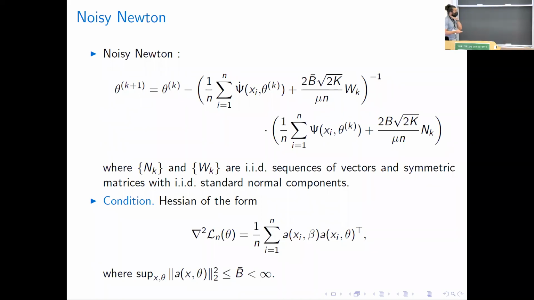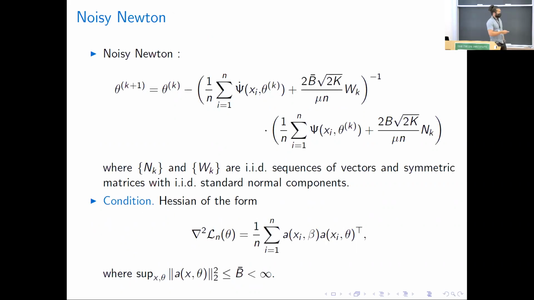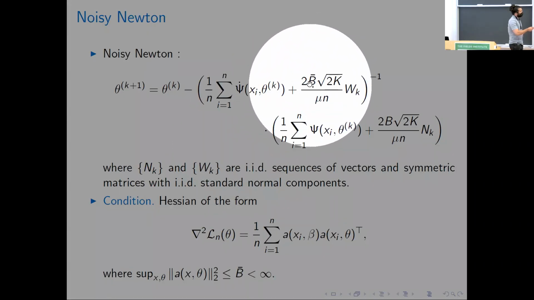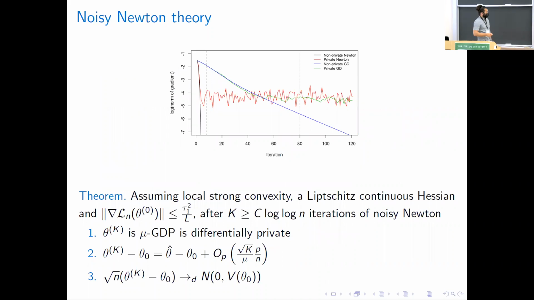Okay, all right, so once you have this, we can give some theorem, right? So by composition and post-processing, the algorithm that I wrote down there satisfies Gaussian differential privacy, mu-GDP, with parameter mu. So maybe I didn't insist enough here. In the terms that I have up here, I have mu and the bounds on these functions, but I also have k, the number of iterations. I need to use it explicitly when I add the noise here. So the first result is not that surprising.